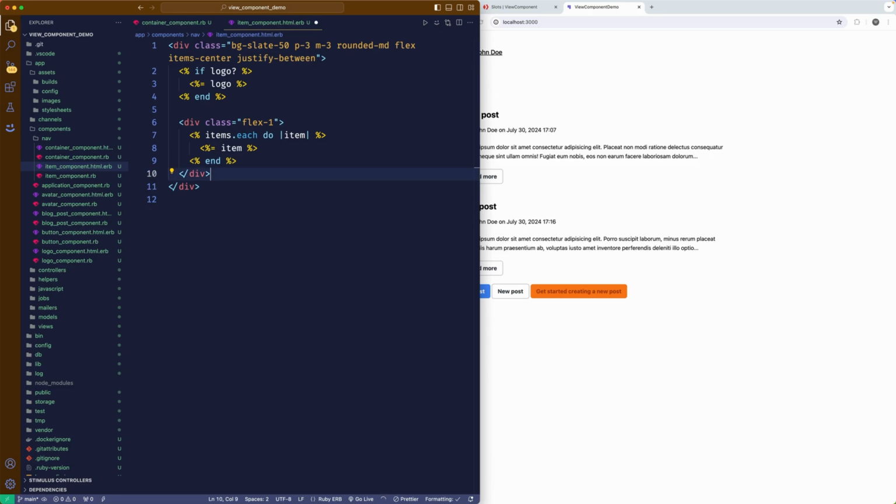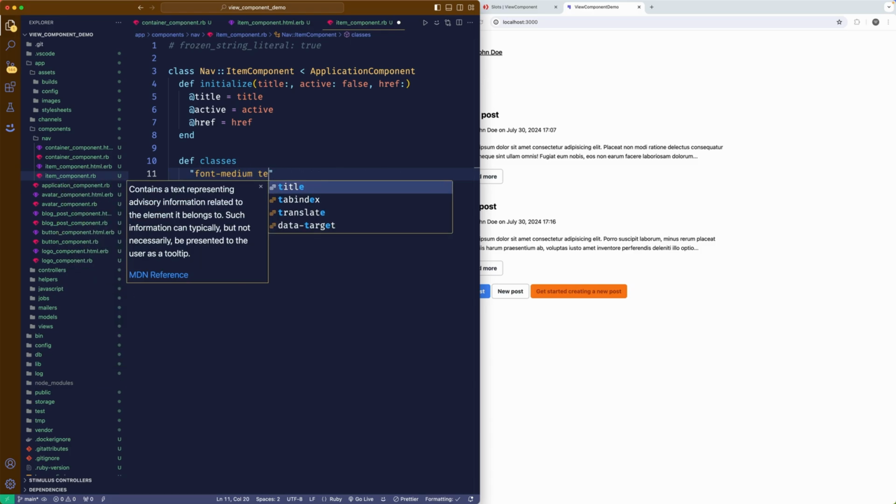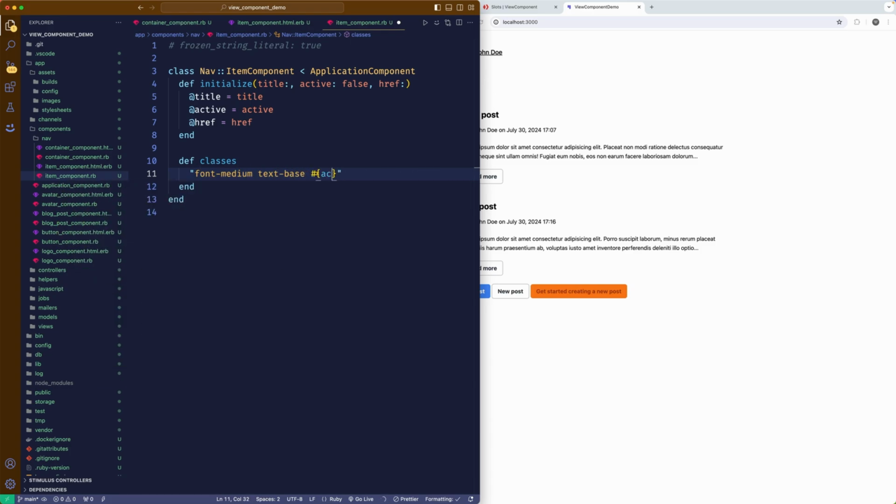Right, so that gives us the groundwork to render our components in such a way that's very reusable. So going down into the item component, we now have our initializer with title, active, which I'm going to set to false by default, and our href. Then we'll do just a couple of methods to hook into the classes, which will be just a font medium and text base,